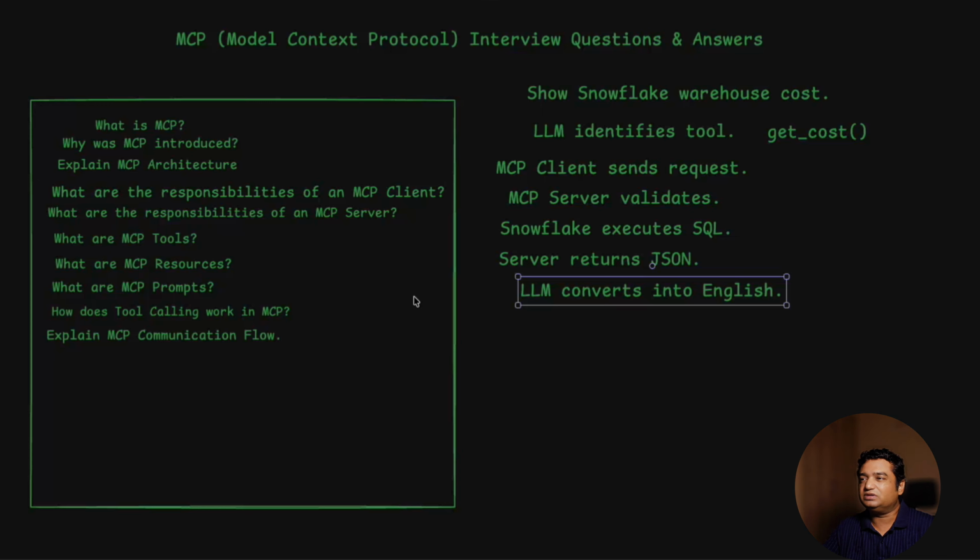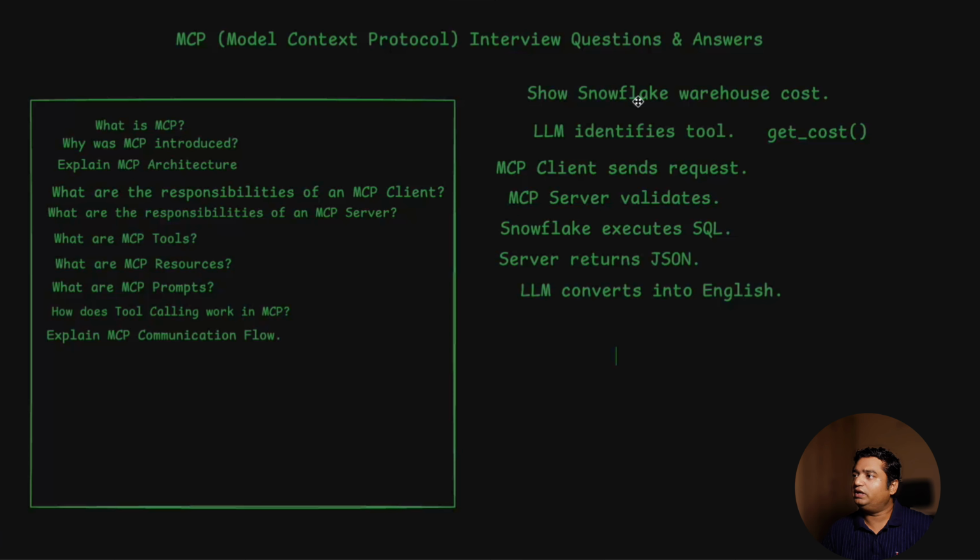Or in the MCP server or client question. But the answer to a question can come in different forms. Like if they ask you to explain the MCP communication flow, then you can just take an example for this kind of question. Just like tool calling, any flow, explain this process. Always take an example and then try to explain it.